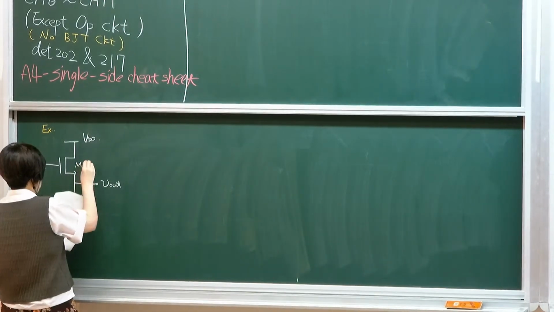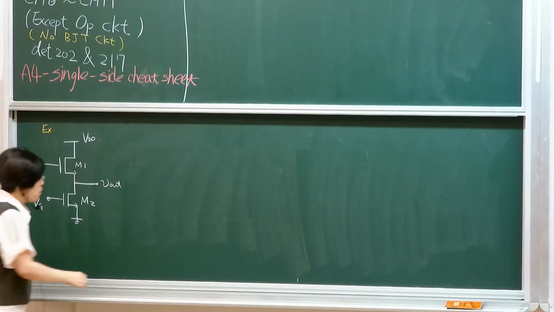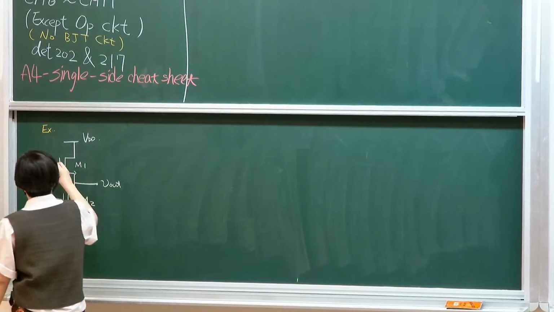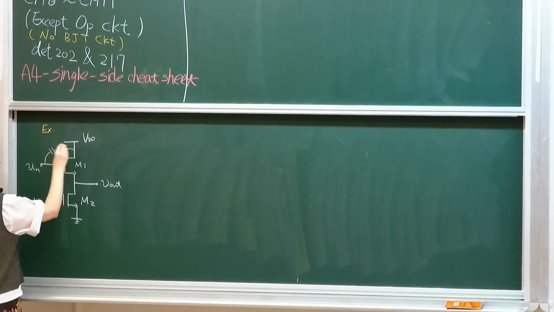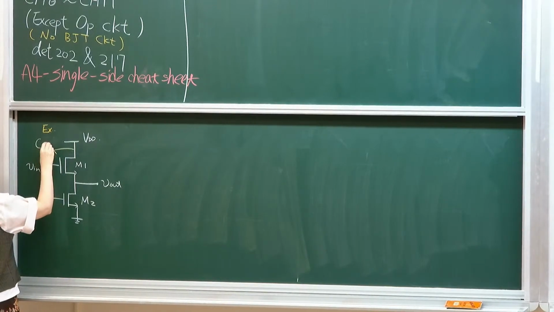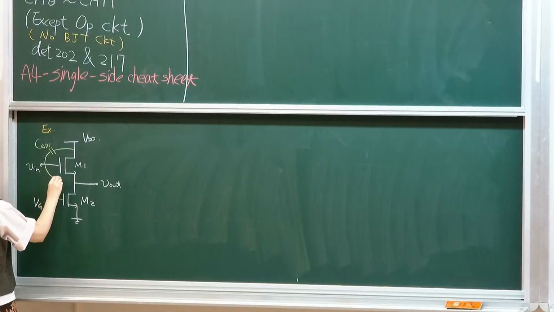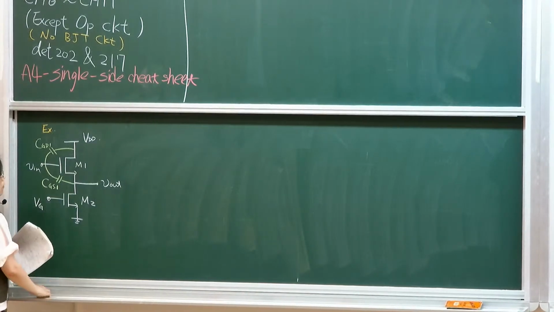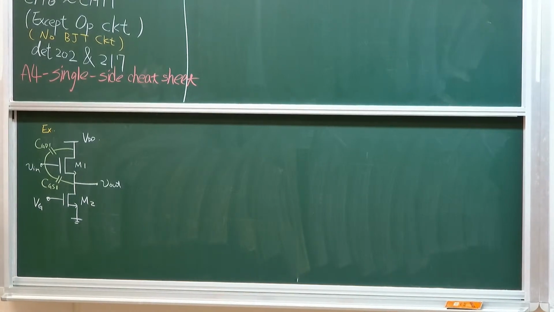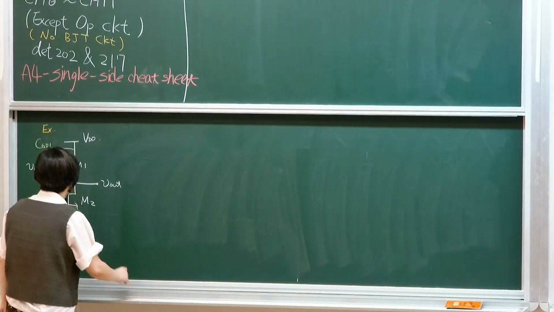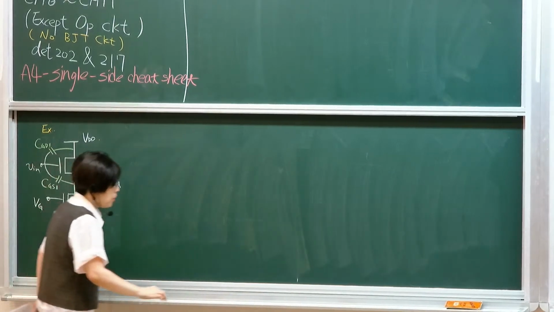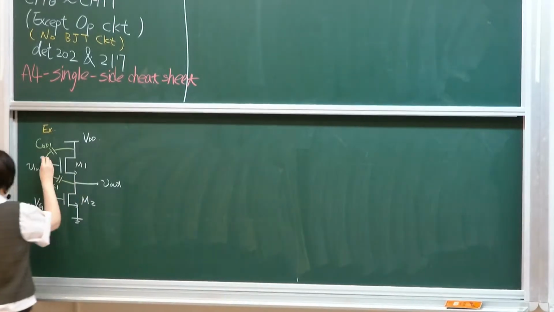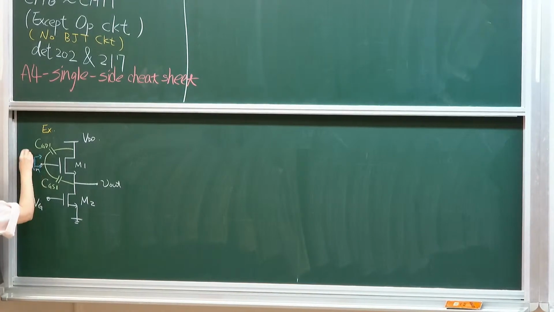M2. In this, let me add the parasitic capacitance. I have, once again, CGD1, CGS1. Okay? If I'm only looking at my input impedance, so if I want to look from the input terminal to find Zin as a function of frequency,